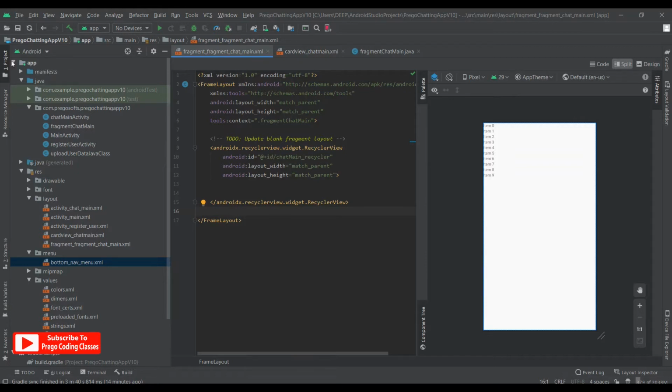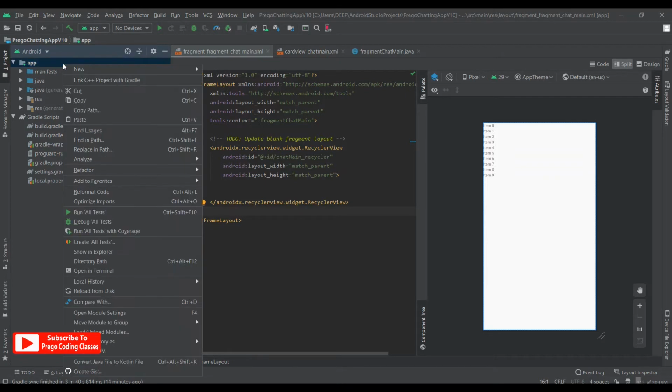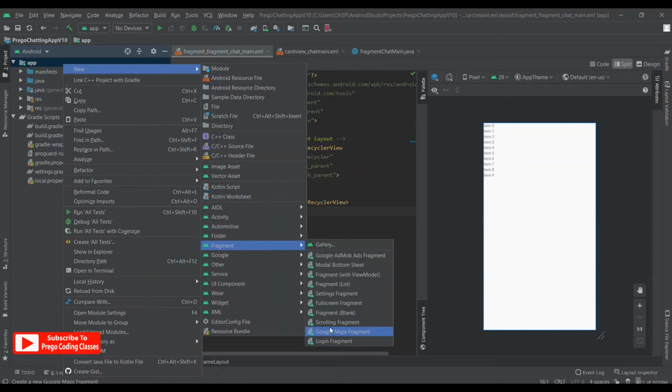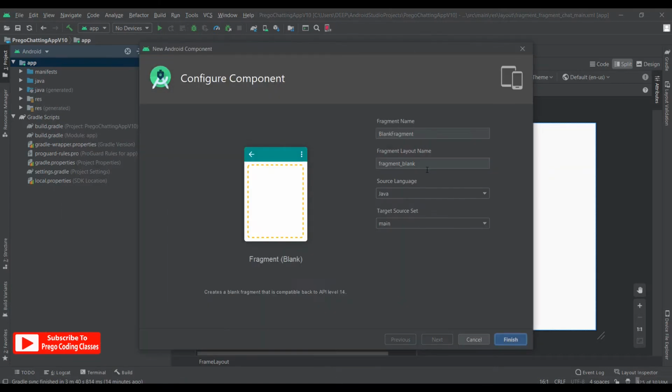Go to app, right click, new, fragment, empty fragment or blank fragment, and we'll name this fragment friend list.